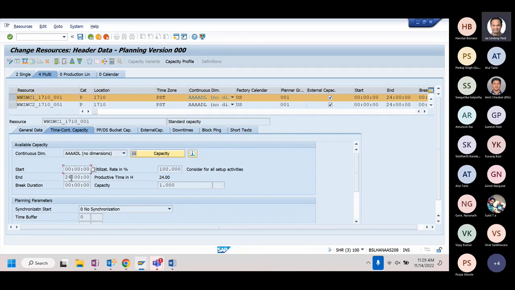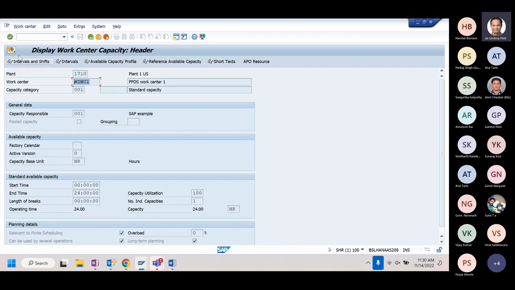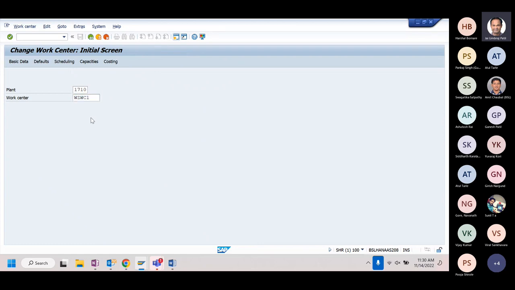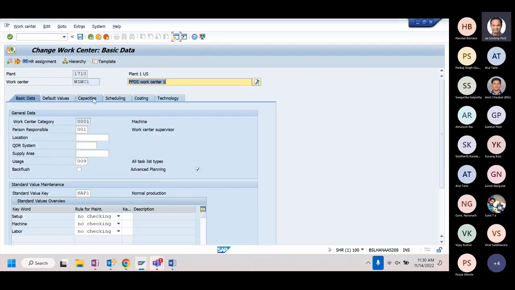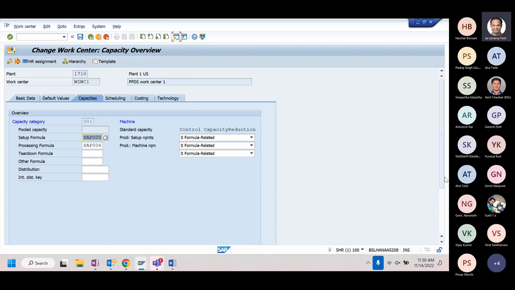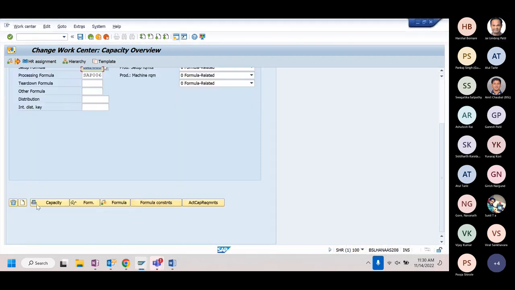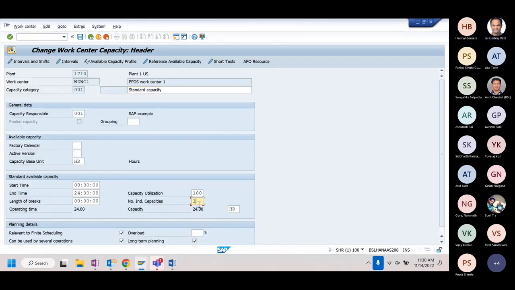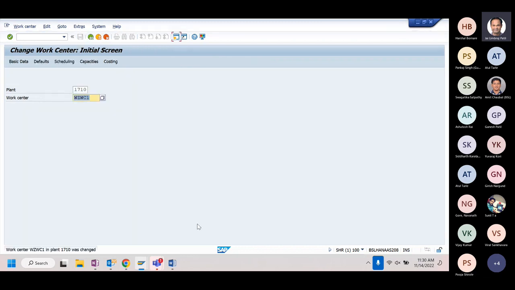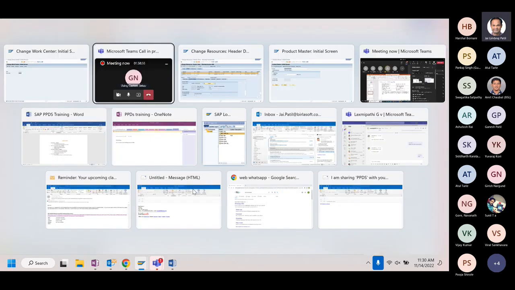So start time being 0, end time being 24 hours, utilization rate is 100, and then number of individual capacity is 1 here and 1 here. Now, if we try to change it and make the number of individual capacity as 2, let's see what happens to that. So let's make it 2, and also start time within a day, let's make it 8 hours. So it starts at 8 hours, and we have individual capacity as 2. The moment we do this,